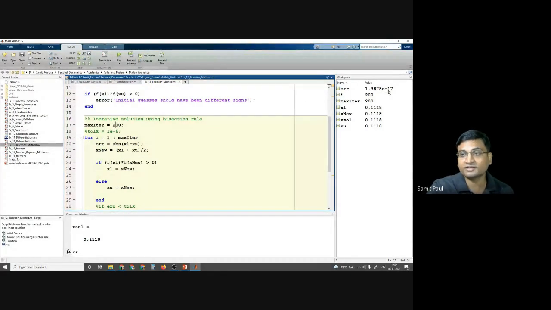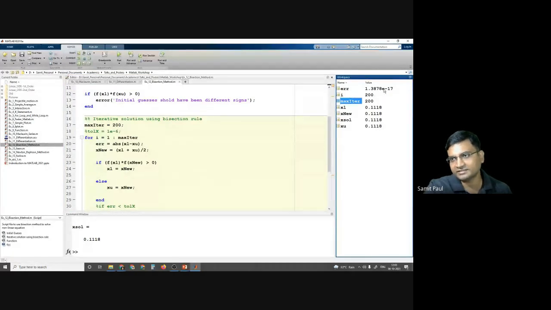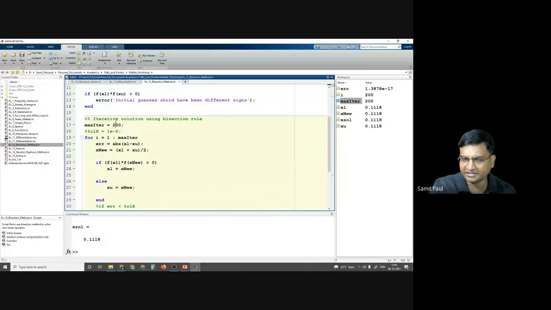Why? Because of which type of error? Round-off errors, or what is called machine precision. It is not getting decreased. So I mean, instead of 200 iterations, I would have stopped at an earlier point.